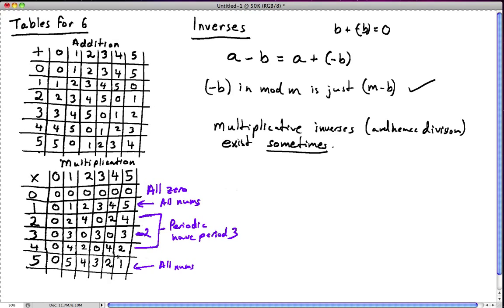So what is it about 4 and 6? For 4 and 6, what we notice is that although 4 doesn't divide 6, 4 and 6 actually share a factor in common, namely 2. And maybe that has something to do with it. So thinking this through gives us a kind of guess. So our guess is